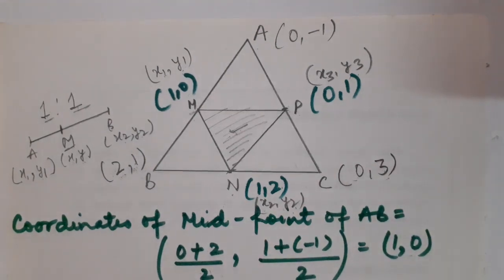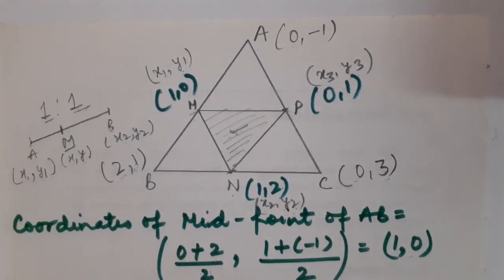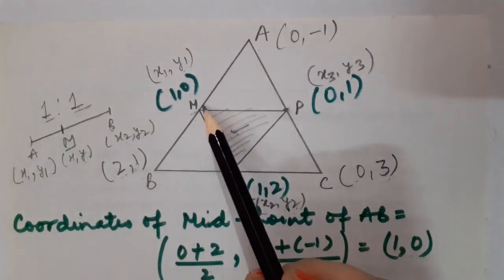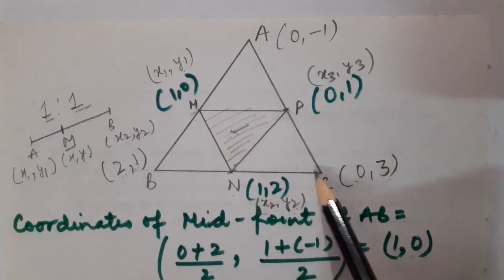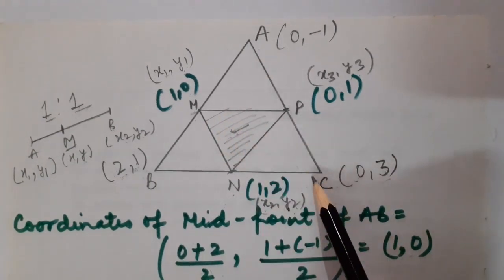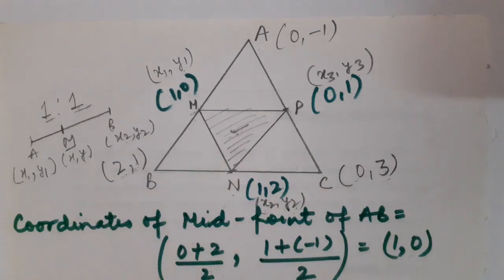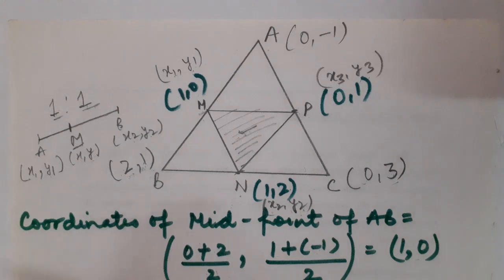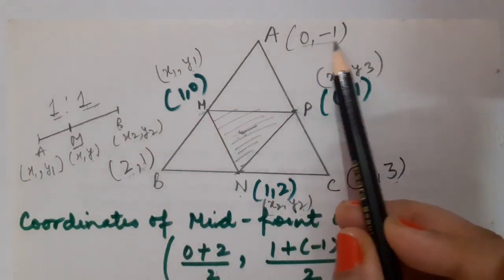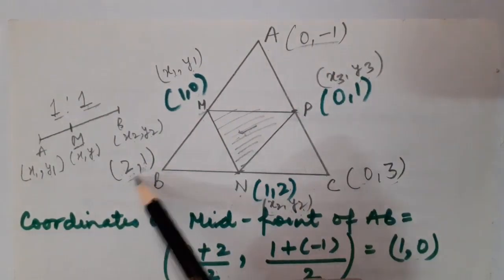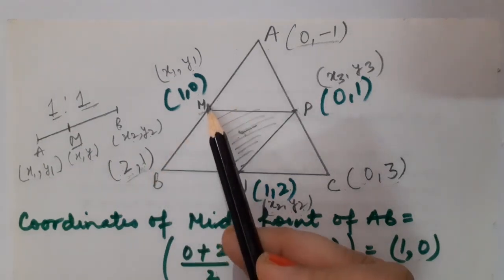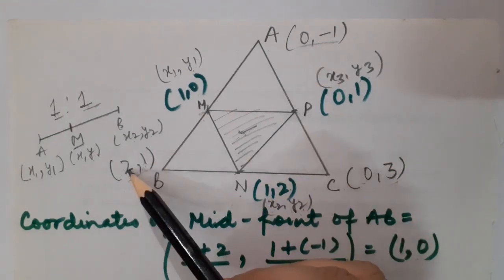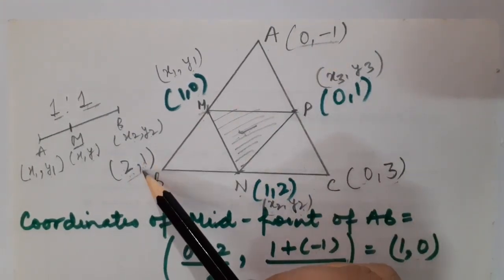What we have to do is join the midpoints of the sides of the triangle. Here I have taken M as the midpoint of side AB, N as the midpoint of side BC and P as the midpoint of side AC. Children, in my previous lecture also I made you recall how to calculate midpoints. So let us recall the formula. Suppose this is (x1, y1), this is (x2, y2), and I have to calculate the coordinates of this midpoint. The formula is (x1 plus x2) divided by 2, (y1 plus y2) divided by 2.